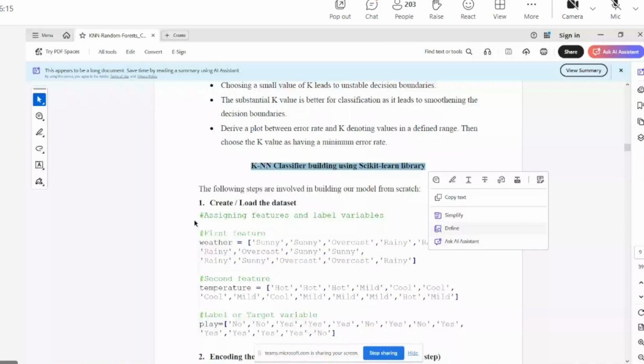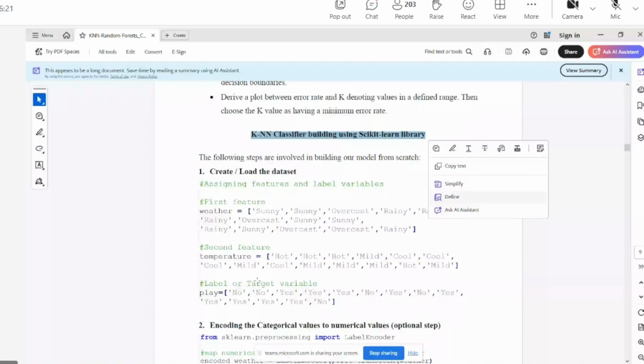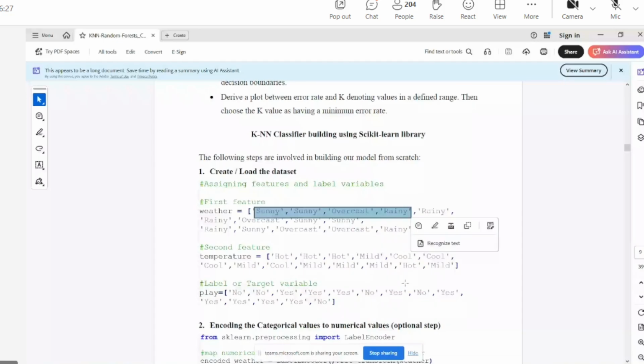For example, you have sunny, overcast, and rainy. You have to do alphabetical order. What label encoder does is it will take them in alphabetical order. Which alphabet will come first? M, N, O, P, Q, R, S. So M, N, O, overcast will come first, then overcast will get the label 0. M, N, O, P, Q, R, R will come next. Rainy, R will be 1. Sunny comes last. Sunny will be 2.